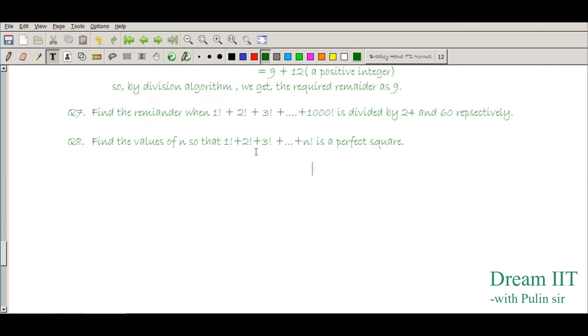You can go for guessing. For n equal to 1, the 1 factorial result will be 1, that is a perfect square, very nice. Now you put 2 factorial, up to 2, 1 plus 2 factorial gives 3, and 3 is not a perfect square. Then you do up to 1 plus 2 plus 3 factorials, the sum 6, so 9 you will get, right? This 9 is a perfect square, fine. Then 4 factorial, 24 will be added over here, 33 will be there, right? And then like this, if you go on adding, how many values will you get for n for which the sum is a perfect square?